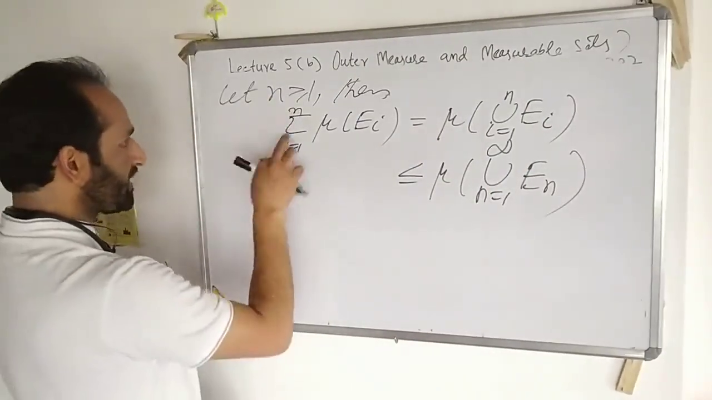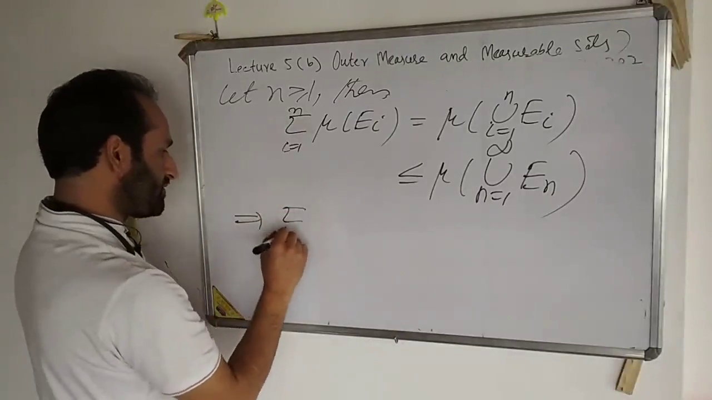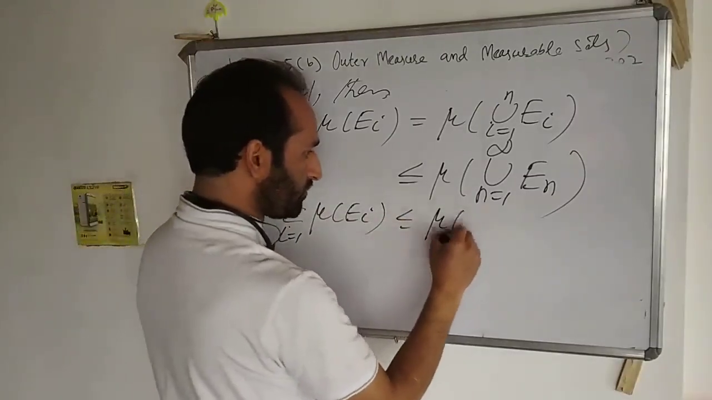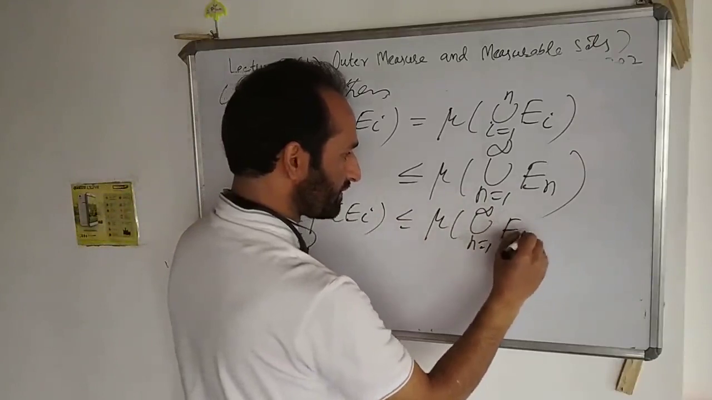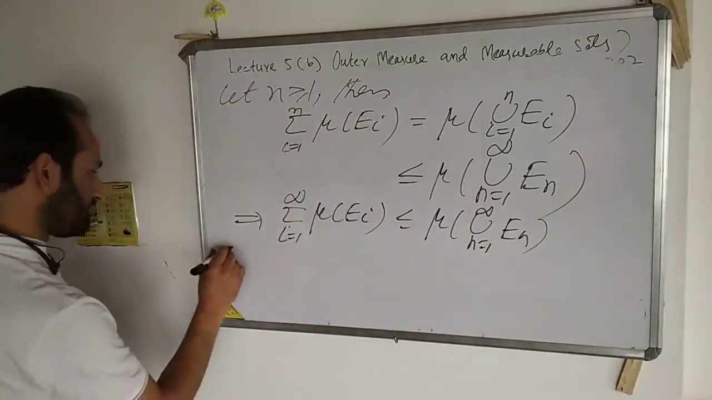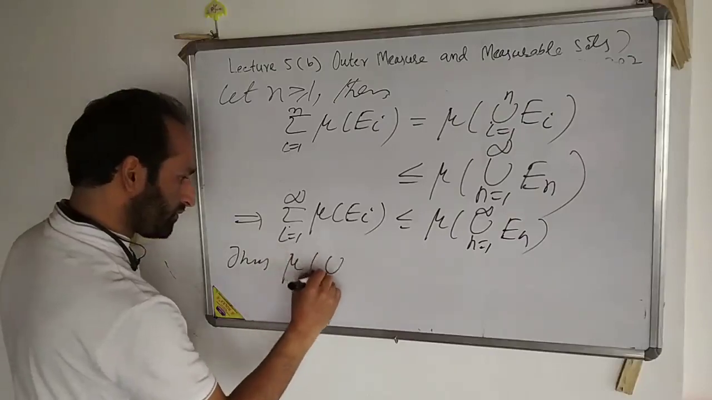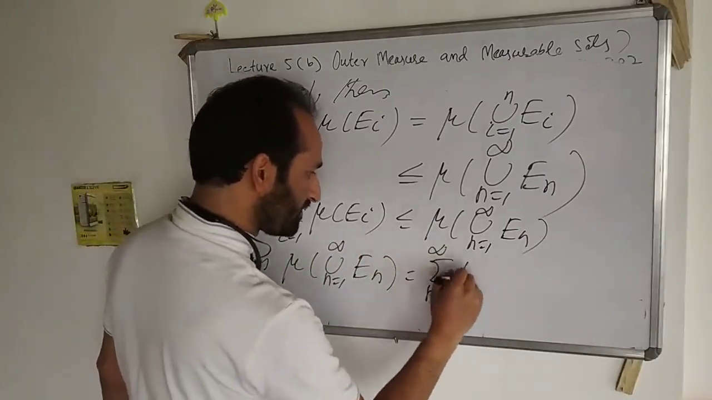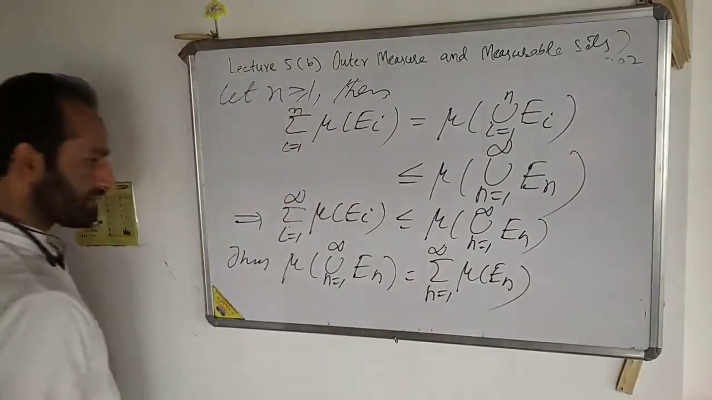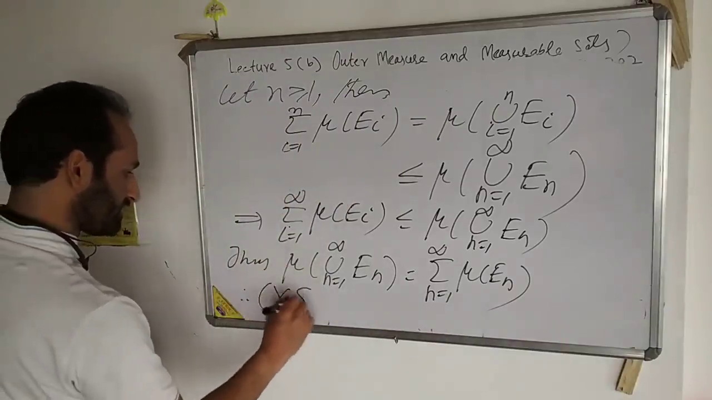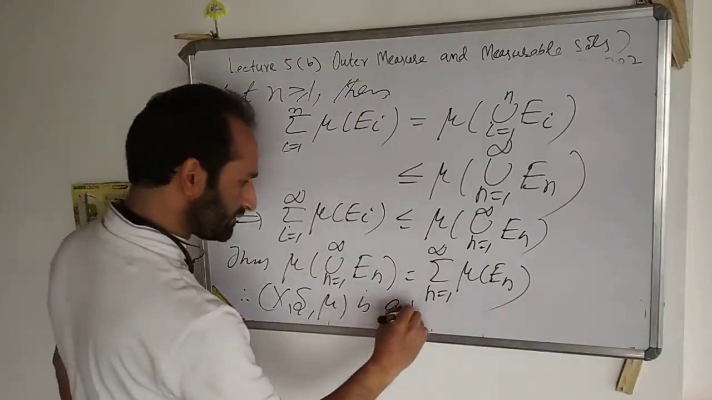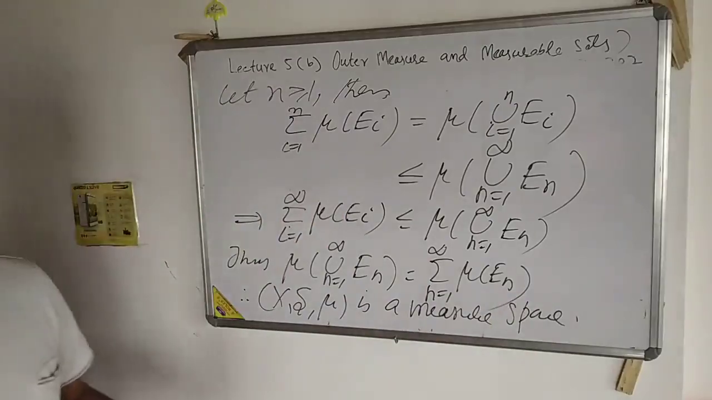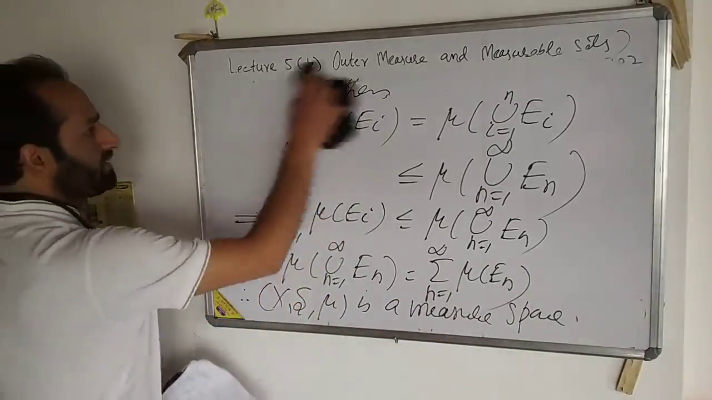So letting n approach infinity, this gives the summation, i runs from 1 to infinity, of mu of Ei is less or equal to mu of the union, n runs from 1 to infinity, of En. So that proves the reverse inequality. Thus mu of the union of En is equal to the summation of mu of En. So therefore mu is a measure, and hence X, lambda, mu is a measure space. So in the next theorem we will show that